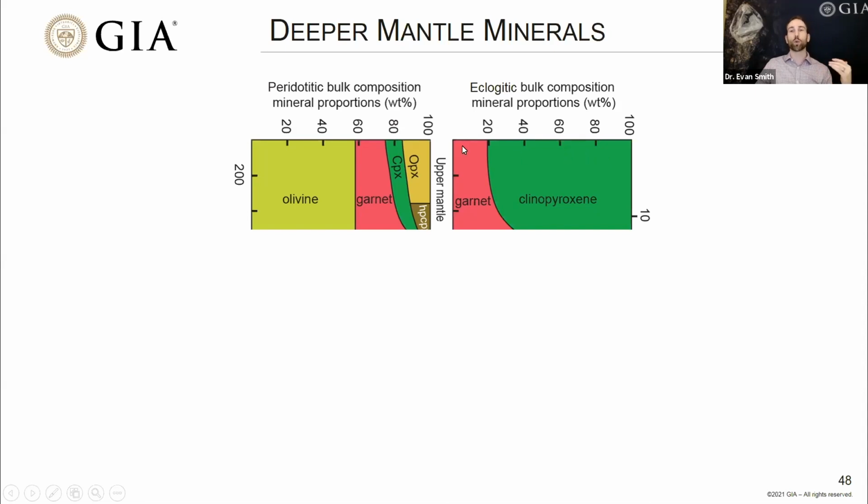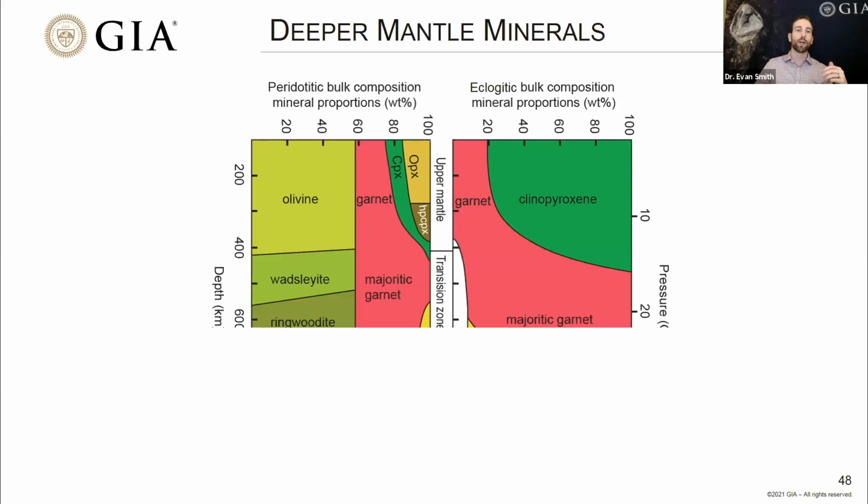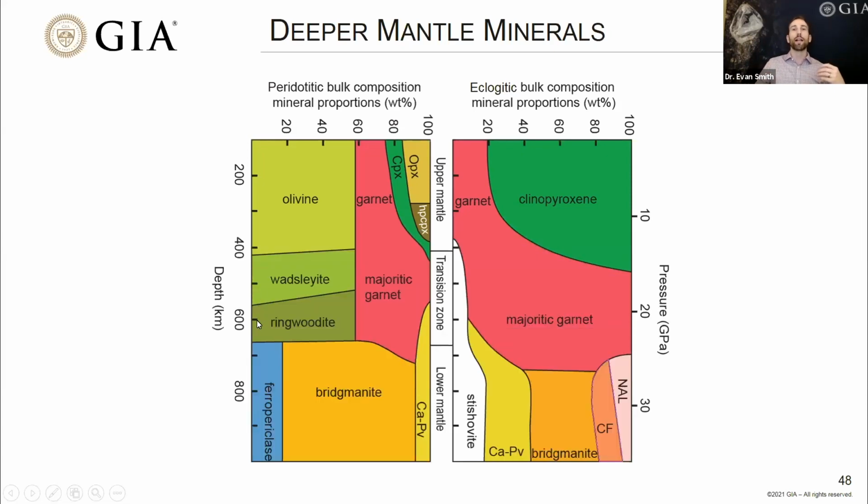And if we were to take these rock types and bring them down deeper into the earth, 300, 400, 500 kilometers or deeper, the effect of pressure and temperature on these rocks means that some minerals become unstable and new minerals form. So for instance, olivine doesn't exist anymore if you take it down deeper than 400 or 500 kilometers, and the crystal structure changes. So we see changes to the mineralogy of both of these kinds of rocks. And sometimes we see these new minerals appearing in diamonds.